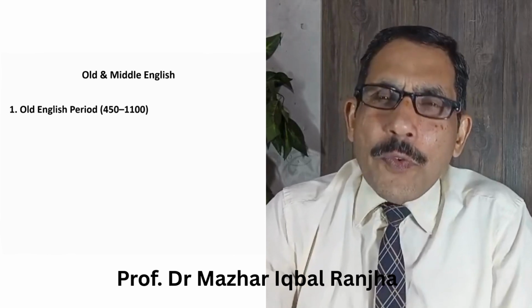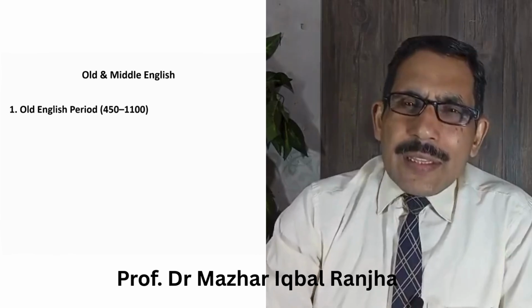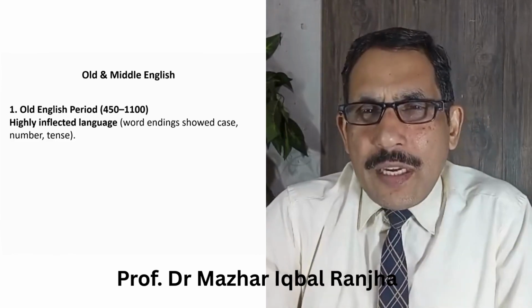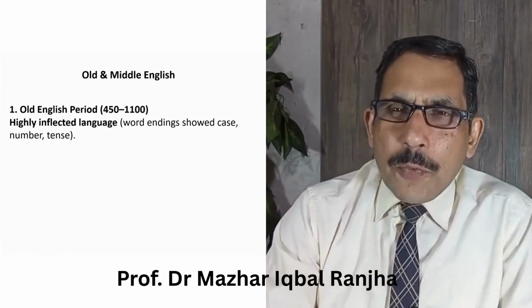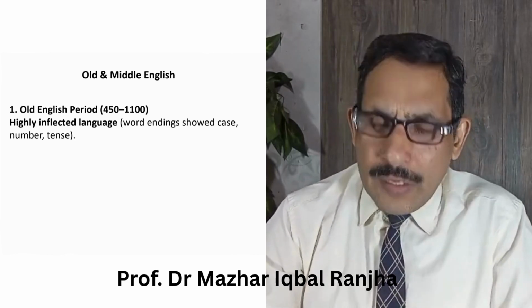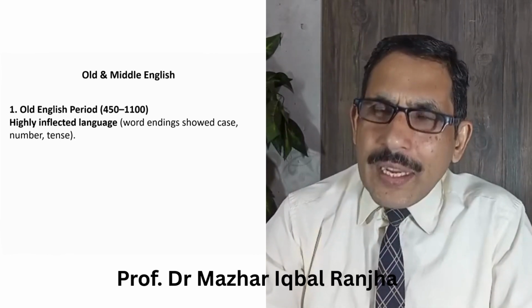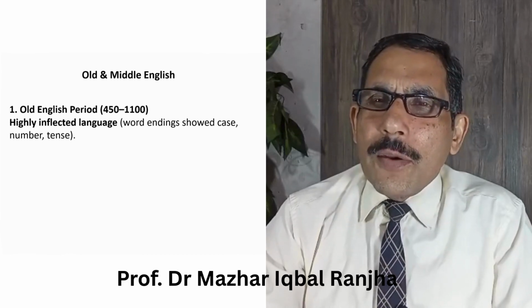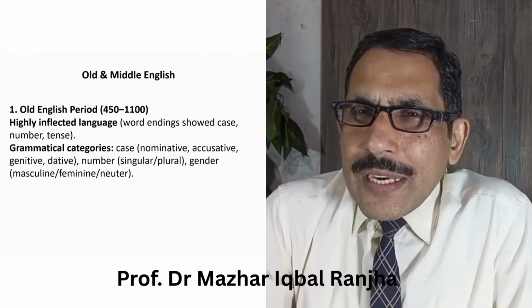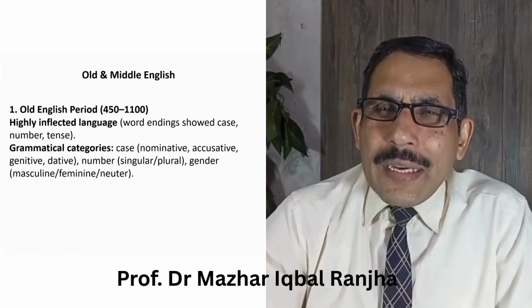Old English and Middle English period. If we talk about Old English, the English used before the 11th century was very inflectional. It was highly inflectional. The words had specific endings; nouns, grammatical categories, and verbs had different endings. For example, if we talk about grammatical categories,